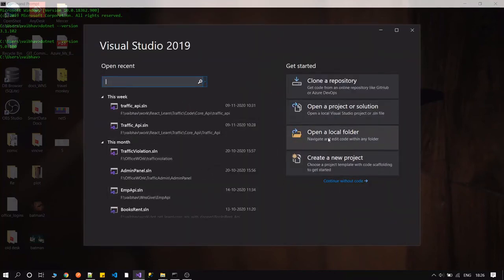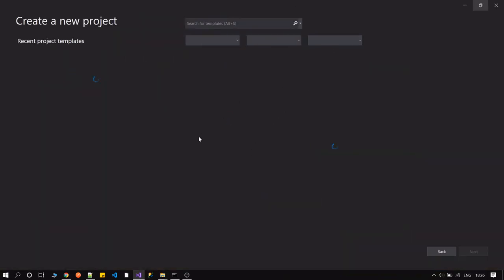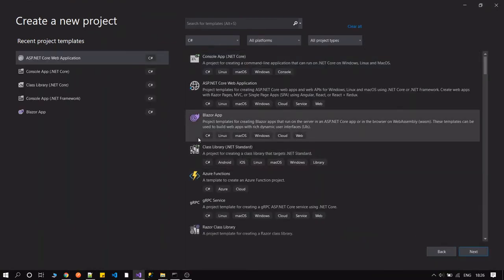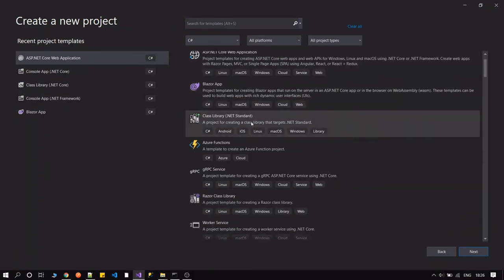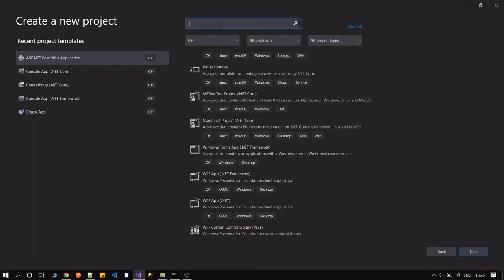Okay, it's good. So click on create new project and then select. It's loading, I guess. This time initialization is taking time. Okay, so let's search for our MVC application.